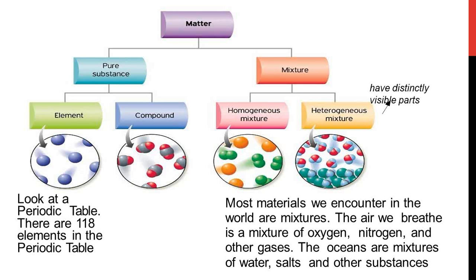But in a heterogeneous mixture here, you can see distinctly visible parts inside it. Okay, so if we compare homogeneous and heterogeneous by a simple point, we can see the components in a heterogeneous mixture, but in homogeneous we can't see the components inside it. We will discuss it later. Okay,